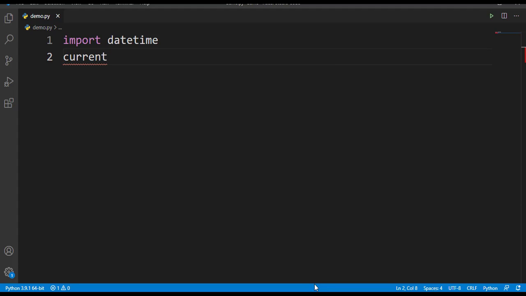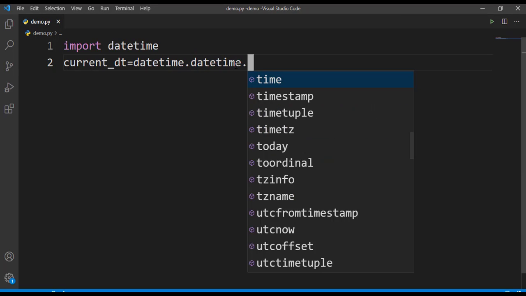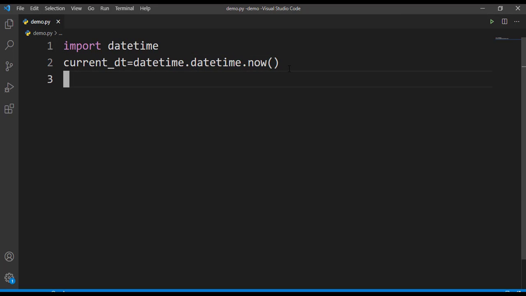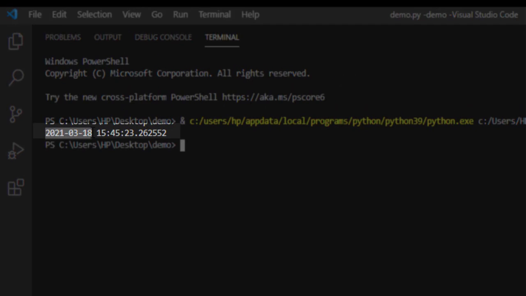I'll take a variable current date and time equal to datetime.now. Now let's print this current date and time. When I run this, I should get the current date and time of today. Here you can observe that this is the date for today, that is 18/3/2021, and this is the time.